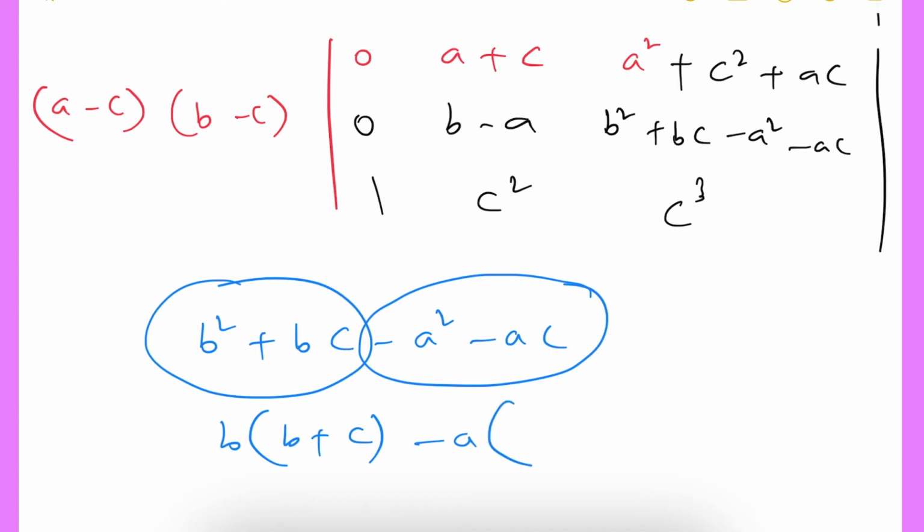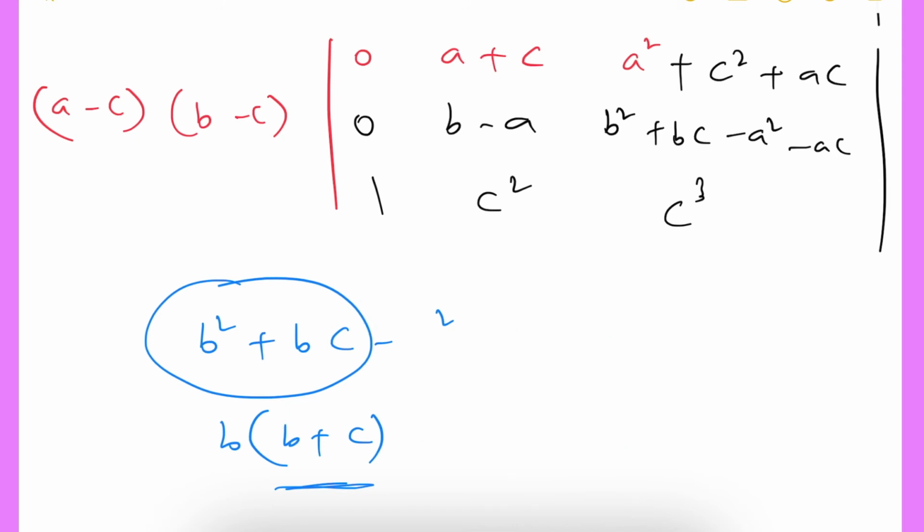If I take out minus a common, then we remain with a plus c. No, this is what exactly we don't want, because here b plus c is there, means here also compulsory b plus c only should be there. So this factorization is wrong. Let me go with another guess.